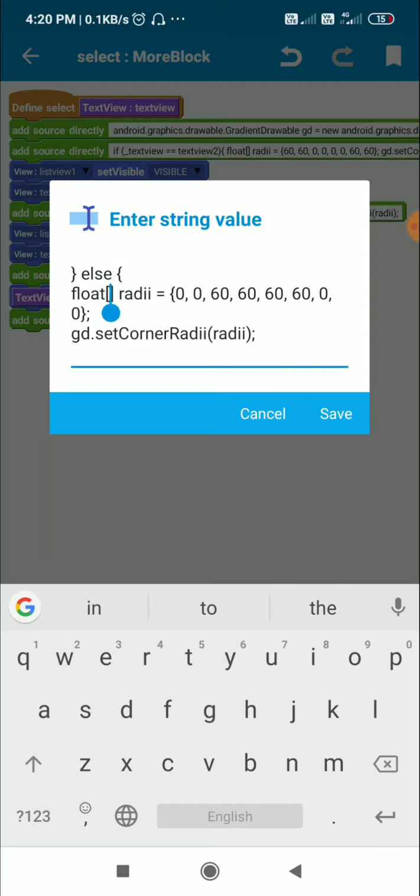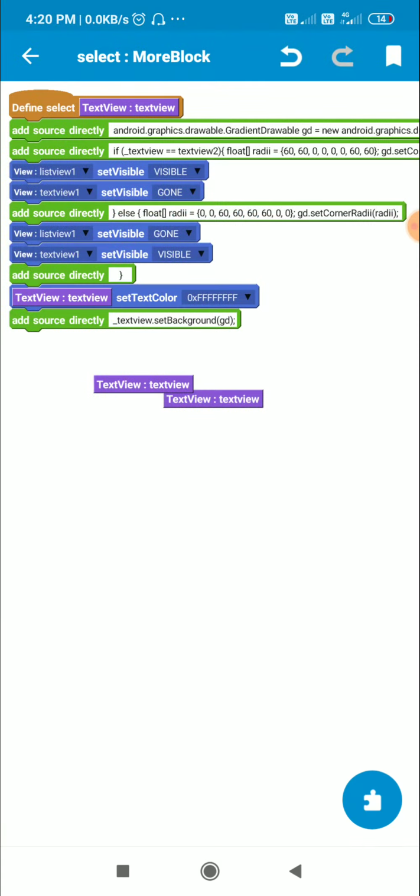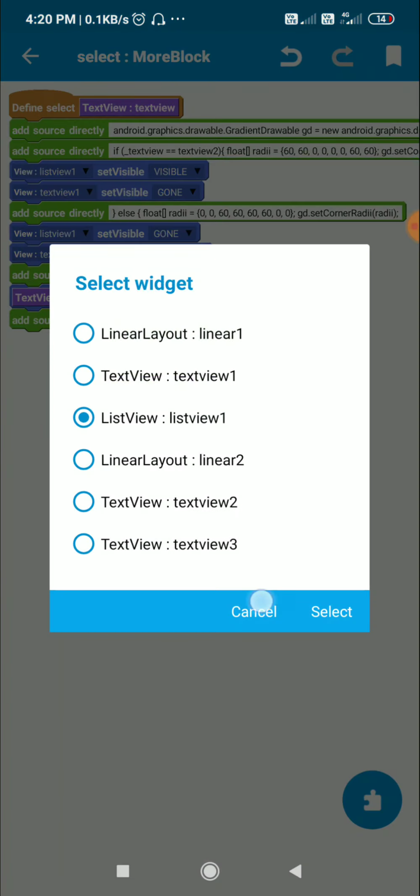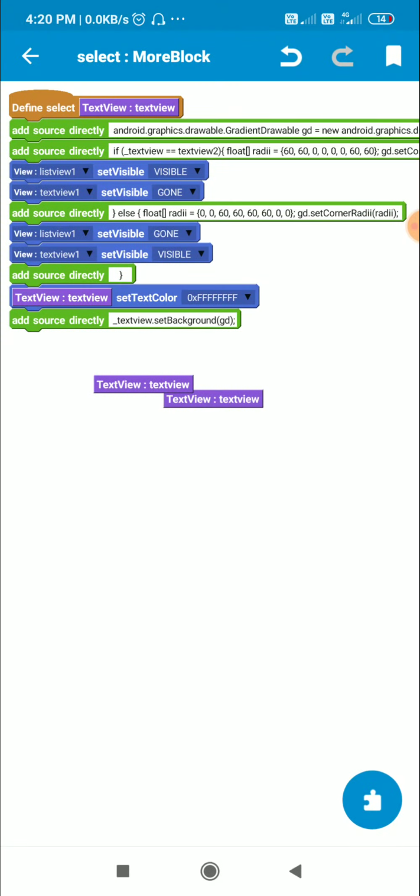So in that case I define float array radii equal to: the left corners 0 0, the right upper corner 60 60, right lower corner 60 60, and left lower corner 0 0, and this is set as corner radii, GD dot setCornerRadii. Inside this I make list view 1 gone, and text view 1 visible, and then I close this if else code.